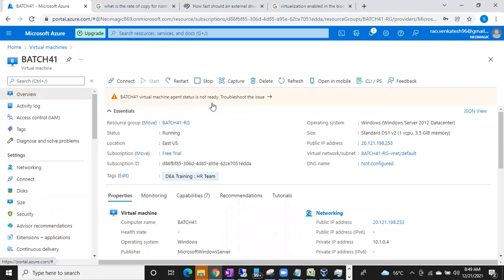Very quick, very fast, and you will get servers with more RAM also. The one which I have created on-prem is only 2 GB, it will be very slow, guys. But the one which I have created in Azure is around 3.5 GB. It is very quick, very fast. You can see here Standard DS1 v1, 1 vCPU means we have only one CPU and 3.5 GB of memory. And we have installed Windows Server 2012 Datacenter Edition.